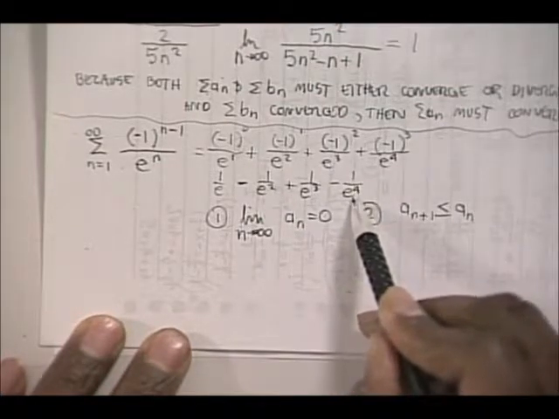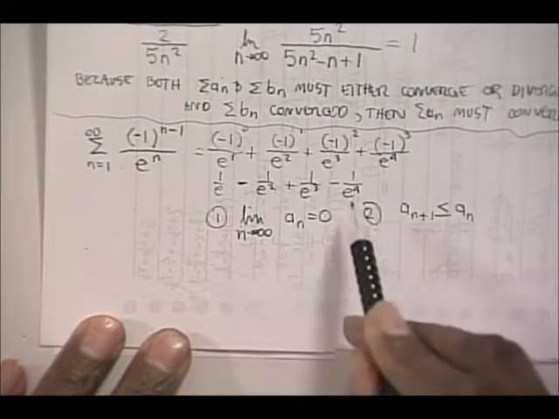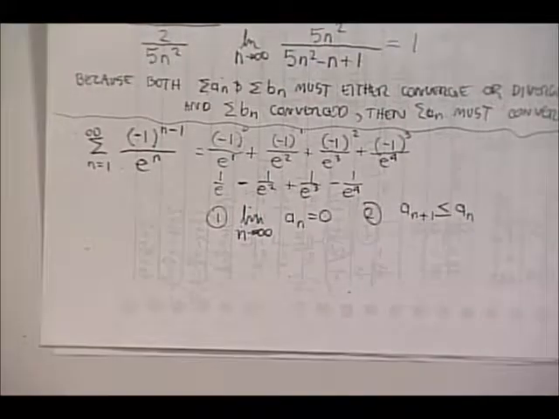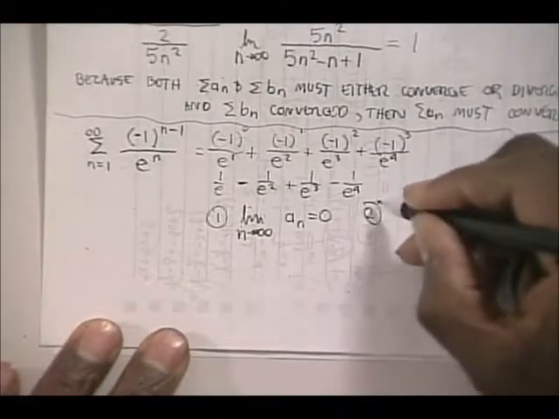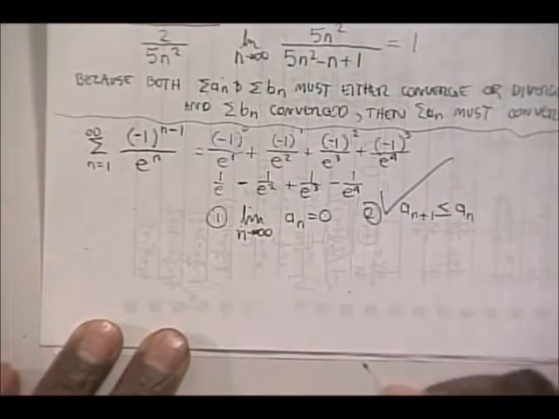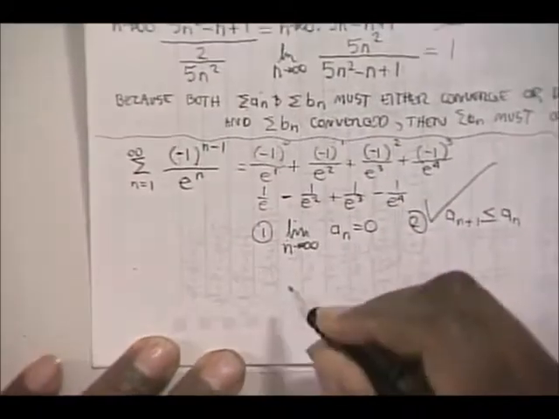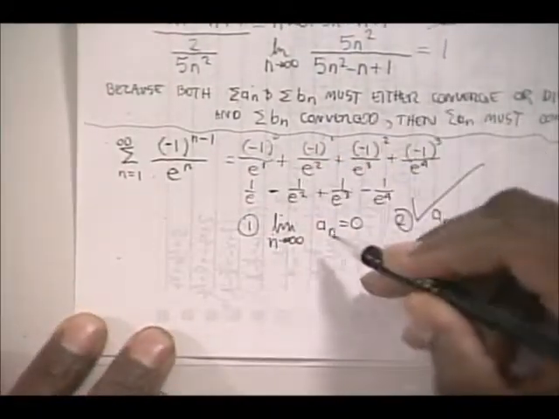1 over e to the 4 is smaller than 1 over e to the third. So each of these terms will continue to get smaller and smaller and smaller. That's the first condition, which is satisfied right there. The second condition is